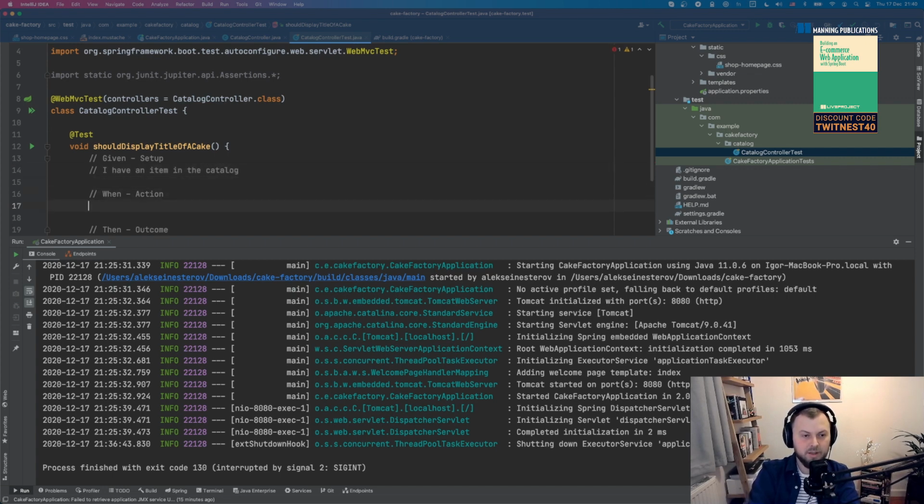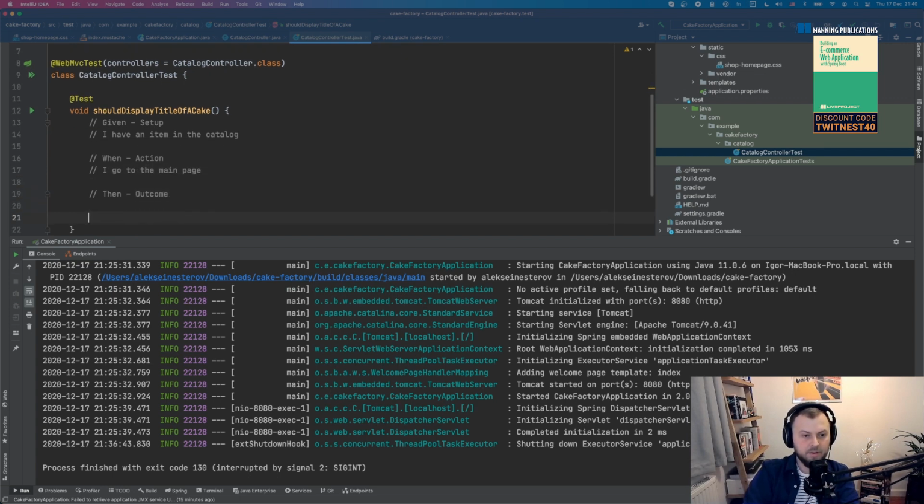When I go to the main page, then I have an item with the title, let's call it Red Velvet. I love Red Velvet. I wish I had one now. So the outcome would be I see an HTML element with content Red Velvet.